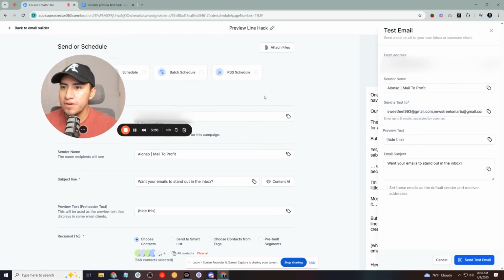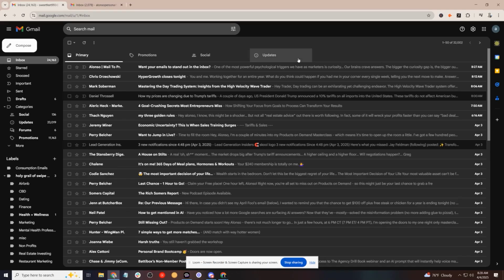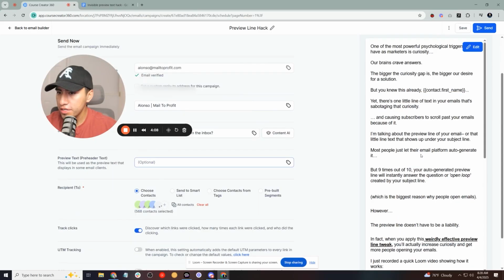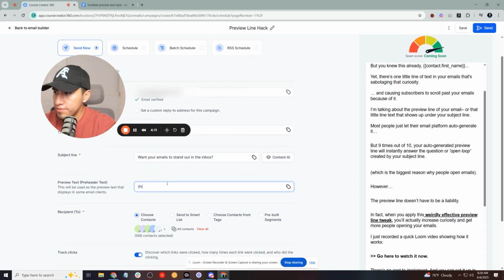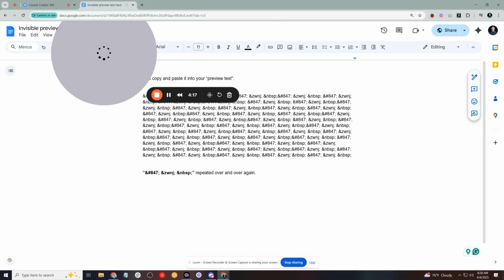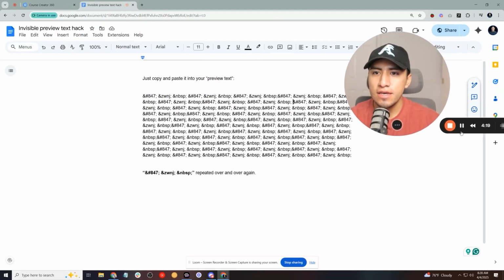If I go to send a test here, I'll show you what this looks like with no preview. This is what your email would traditionally look like: "Want your emails to stand out in the inbox," and then the first couple of lines are revealed in my preview line text. I wanted to get rid of that. I'd potentially say, "hide this in my preview line," and then I'll share a Google Doc with you that has this little snippet